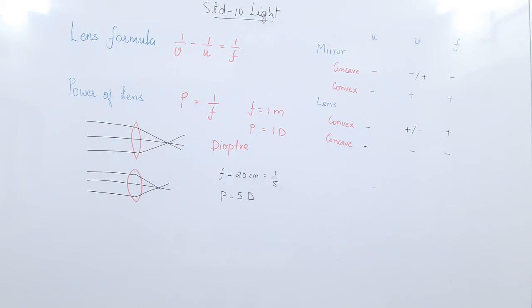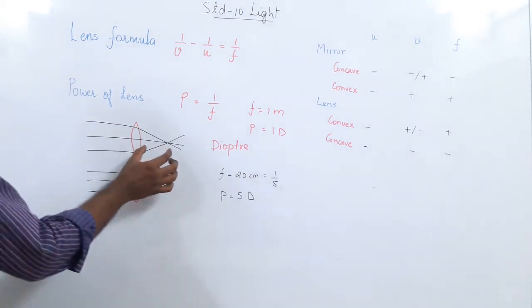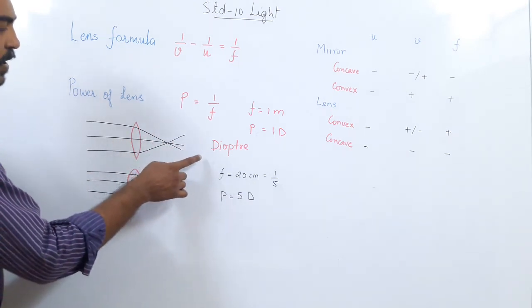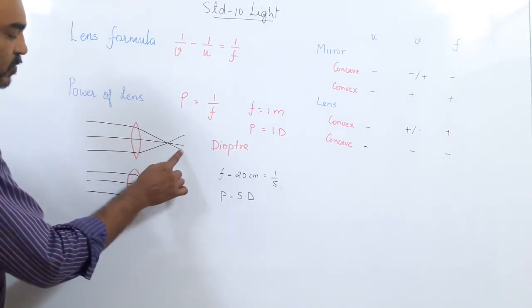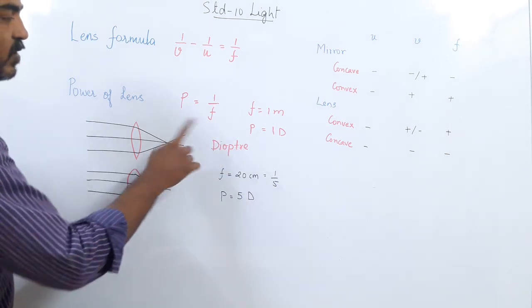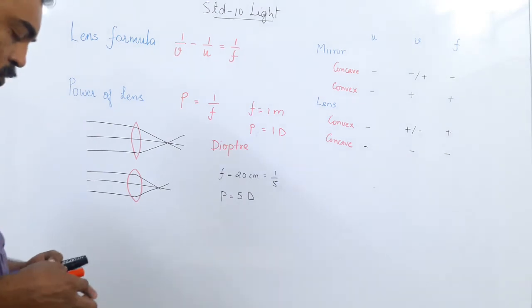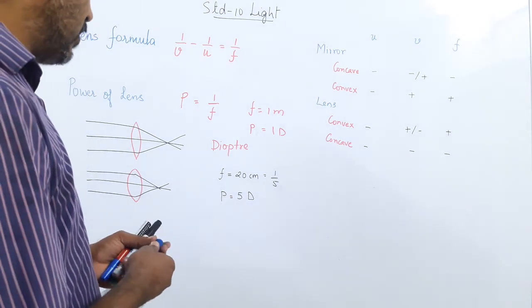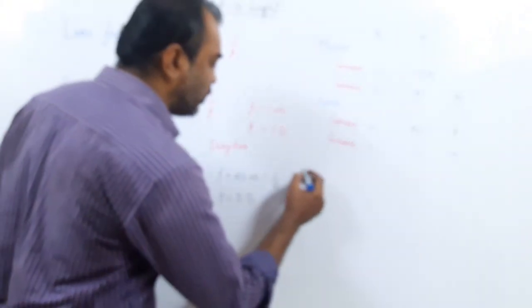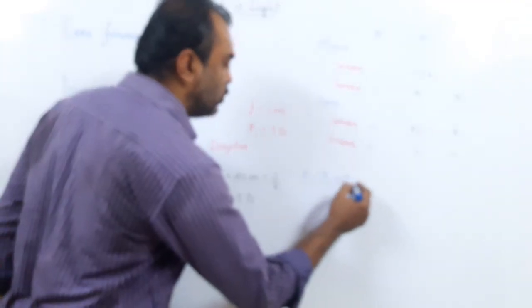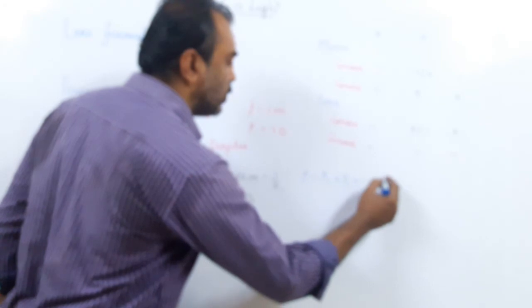Remember. How do you know that? Because the image is here on the right side. So remember like that. Where the image is formed, the power of a convex lens is positive. The power of a concave lens will be negative. Okay, and there is also one formula, if you are taking a combination of lenses, then the total power P is equal to P1 plus P2 up to Pn.